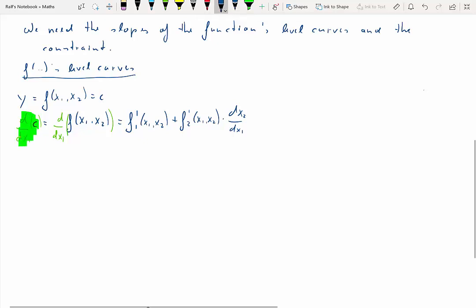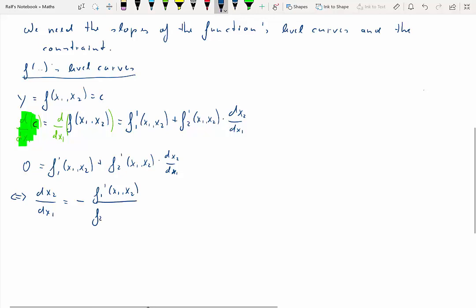So here we have on the left hand side a derivative with respect to a constant. That of course will be 0. Then on the right hand side we have the partial derivative with respect to x1 plus the first order partial derivative with respect to x2 times dx2 over dx1. And dx2 over dx1, that was really the term we wanted to have, because that is an expression of the slope of the function. So we solve this equation for dx2 over dx1, and what we get is negative times